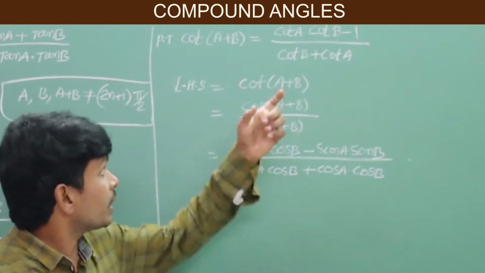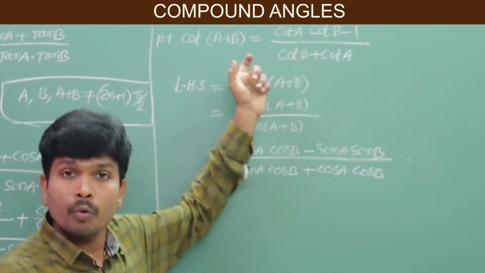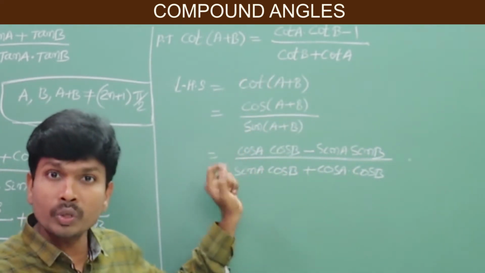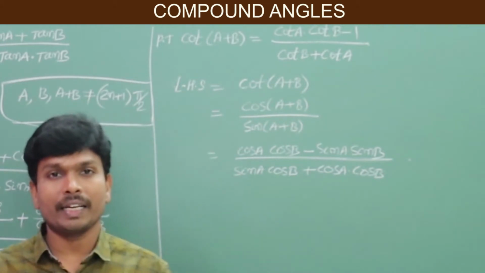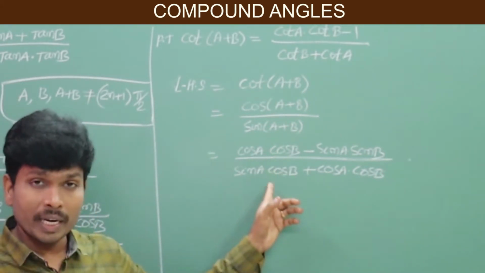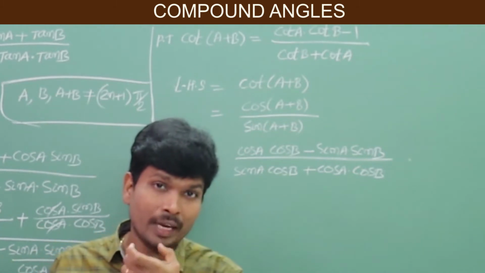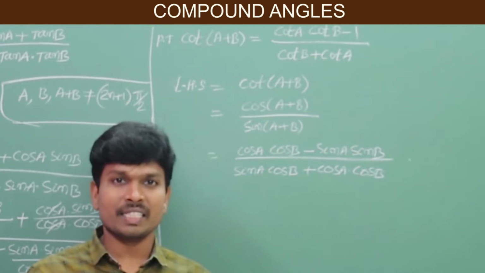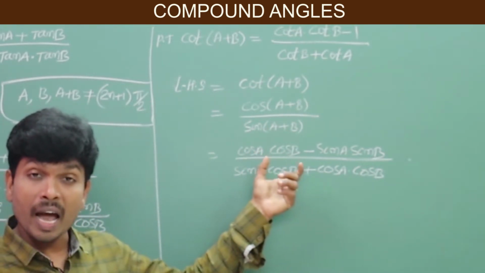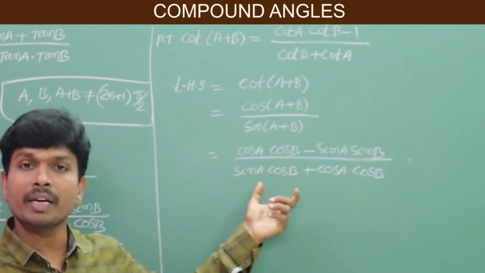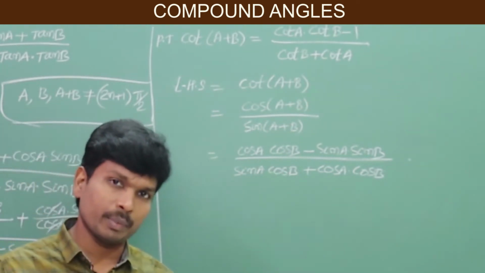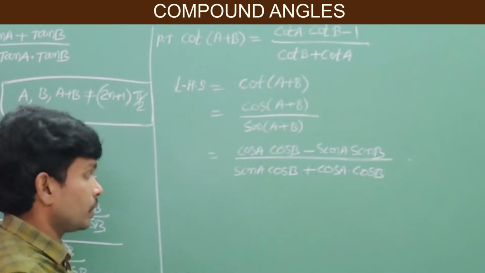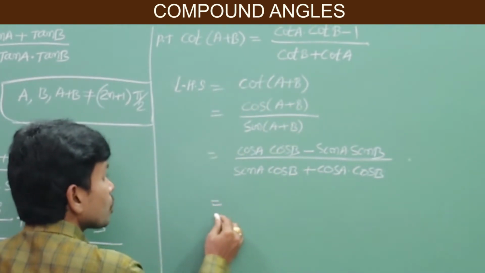You have to concentrate on the RHS. You must get the values in terms of cot. Then what we have to do, immediately you can get an idea. Both numerator and denominator are divided by some value. That specific value, can you say? Yes, you are right. Each and every term in numerator and denominator you have to divide by sin a sin b. Why? Then only we can get cot. The RHS you will get in terms of cot.